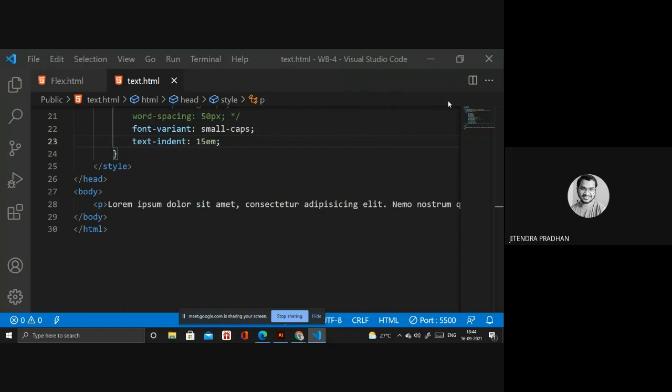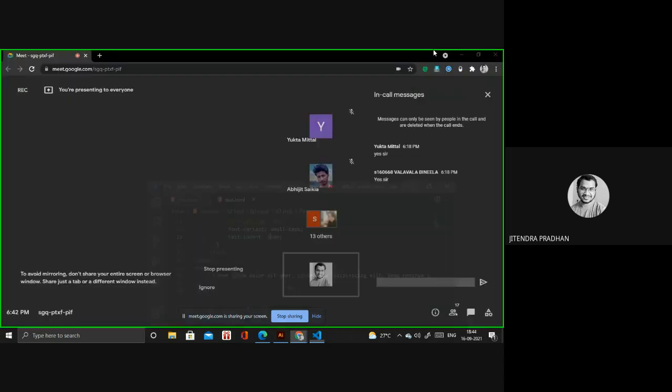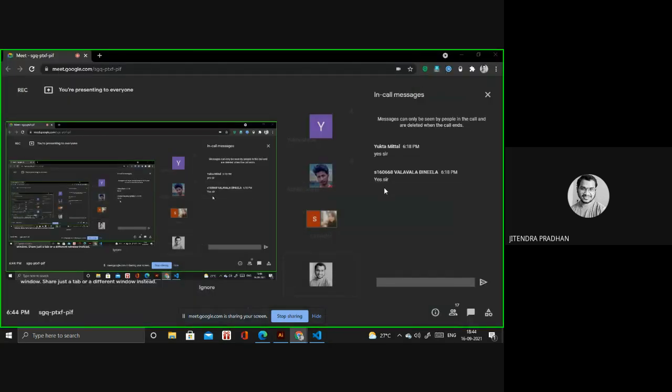If you want to set that indent, you have to drag it on the upper part and set the indent we have. So next we have to go to text overflow, and we have white space and all these things.